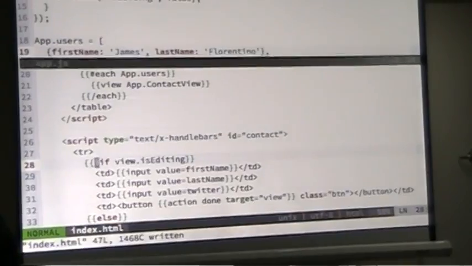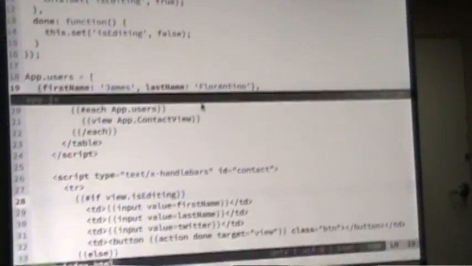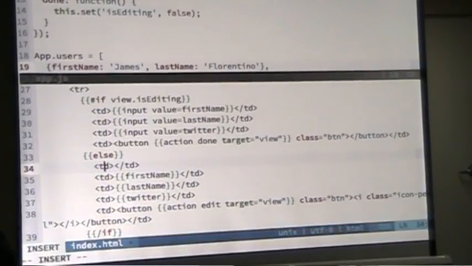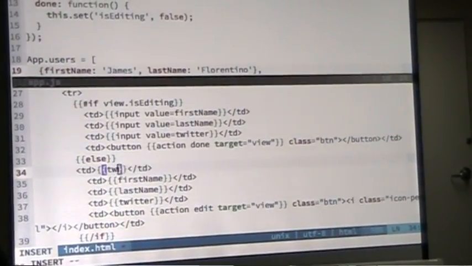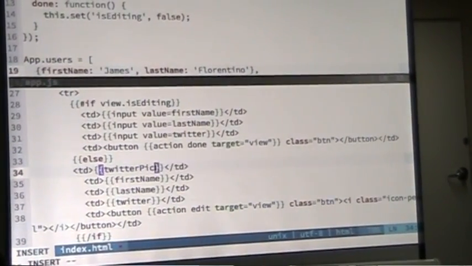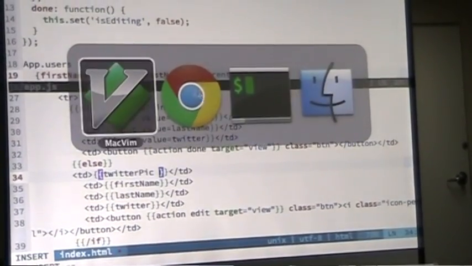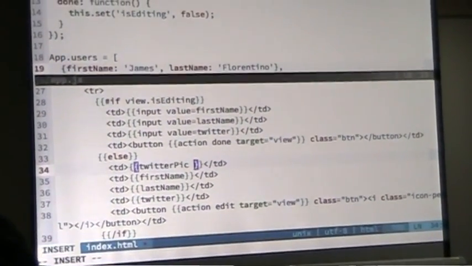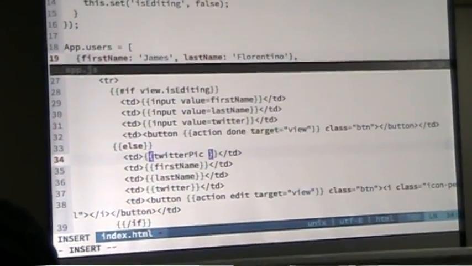So let's display a Twitter handler in the left side. Let's do that by adding a new table cell, and let's say Twitter pic. So now I'll be showing you how to create a